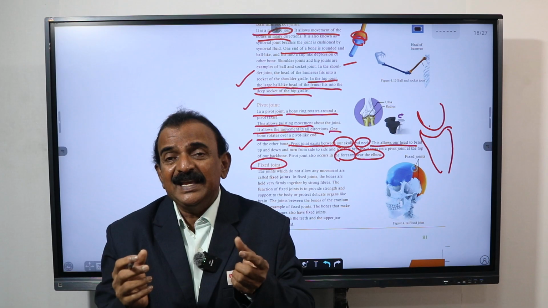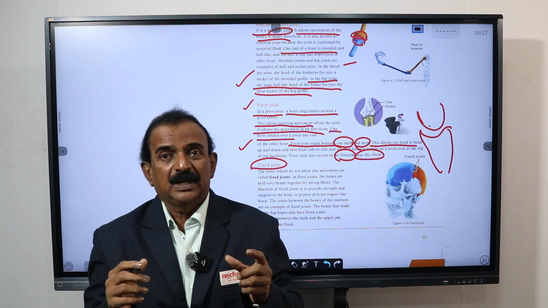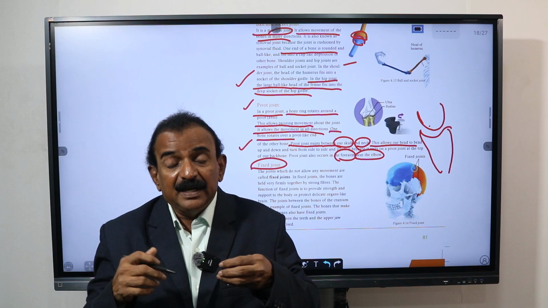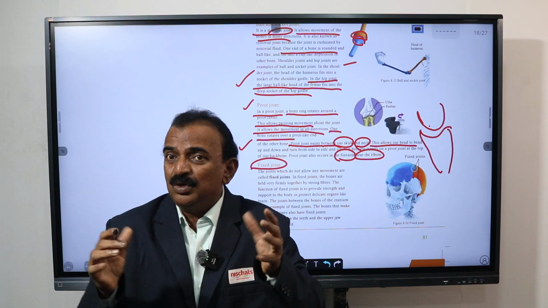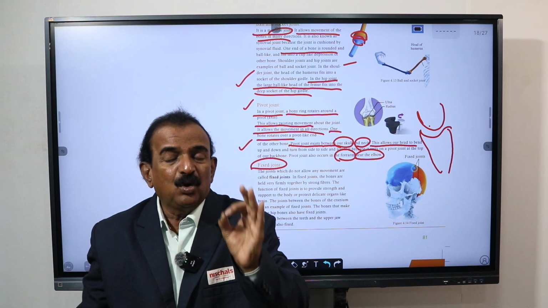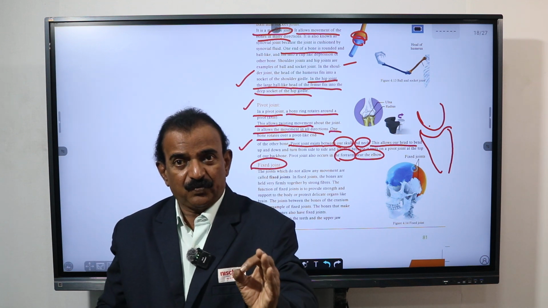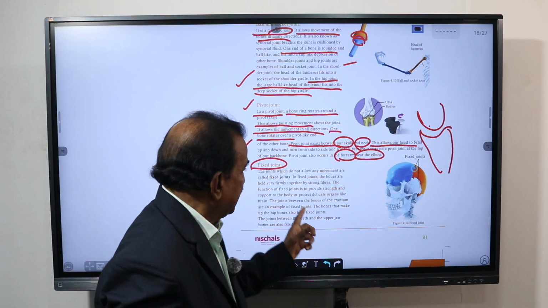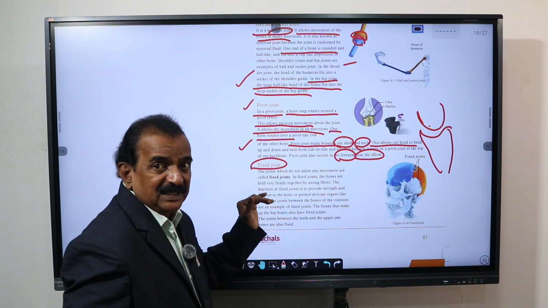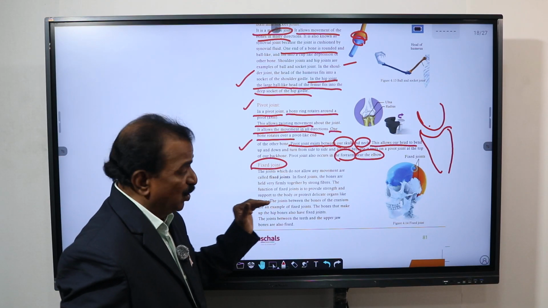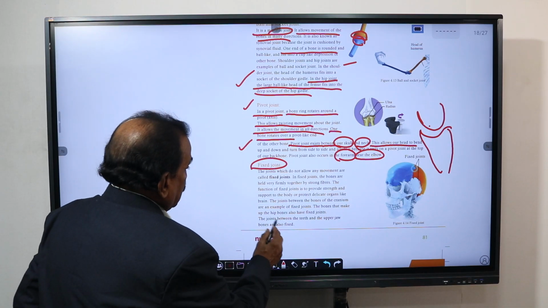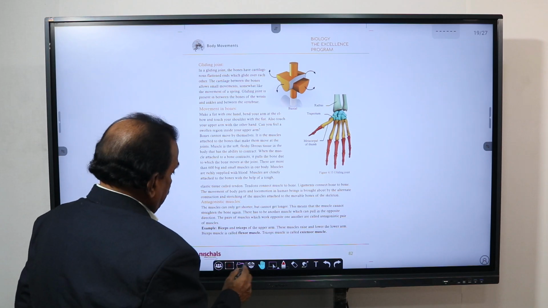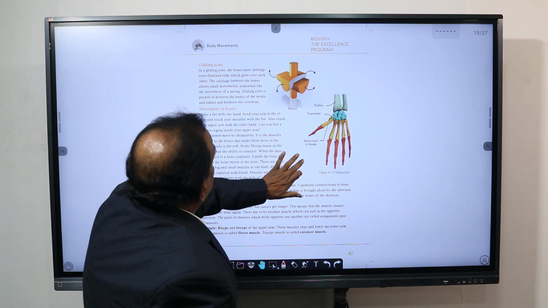The lower jaw is exceptional. It can move. It is a mobile joint, and the remaining bones are fixed, and those are called fixed joints. Fixed joints are present in the skull, and there you see the description of fixed bones. Here on page number 82,